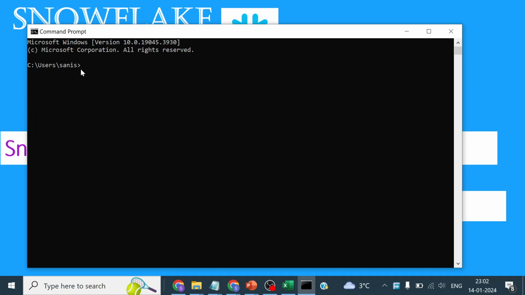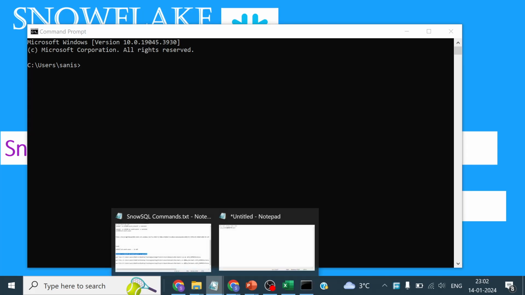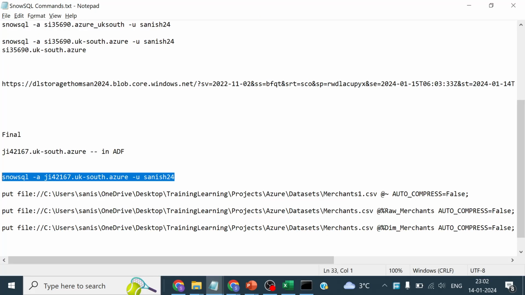So this is my command prompt. What we are going to do is connect to the SnowSQL CLI client. Talking about SnowSQL CLI client, it's a command line based client tool provided by Snowflake in order to fire SQL queries as well as other operations like uploading files from your local system into the internal stages of Snowflake. Okay, so with that, let's go ahead and get the first syntax